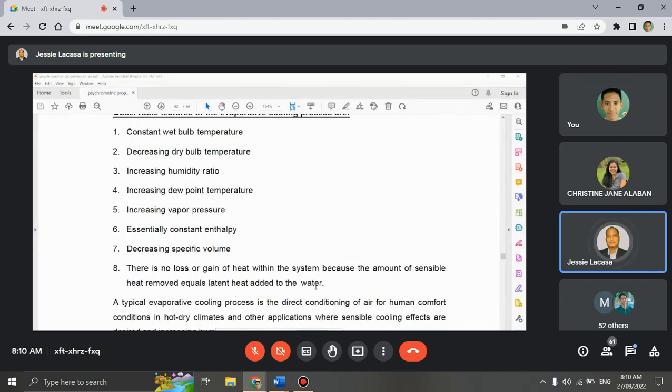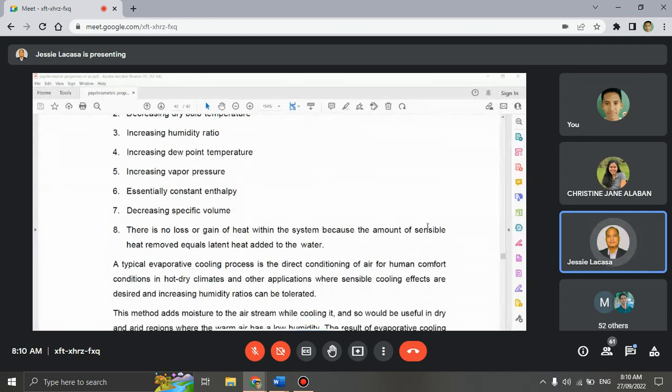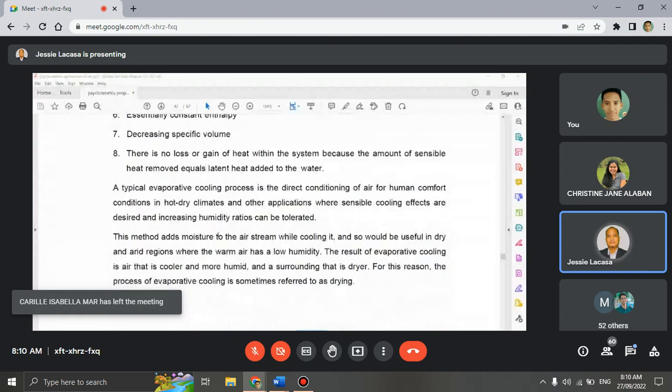Then there's no heat loss or gain, because the amount of sensible heat removed equals the latent heat. So the typical